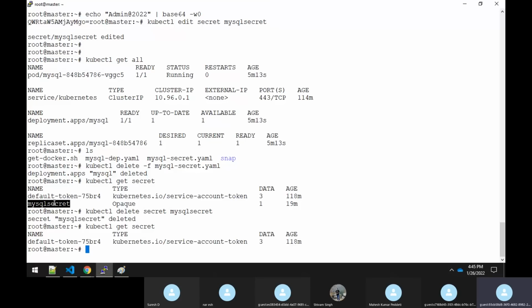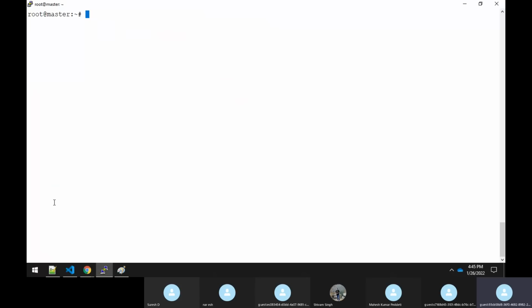As I said earlier, if you want to keep any kind of non-sensitive information, you can go with a config map also. How to do that? For example, the same thing like the password Red Hat, whatever we are passing to MySQL while creating a running container, you can store the same root password Red Hat in the config file. How to do that? I'll say kubectl